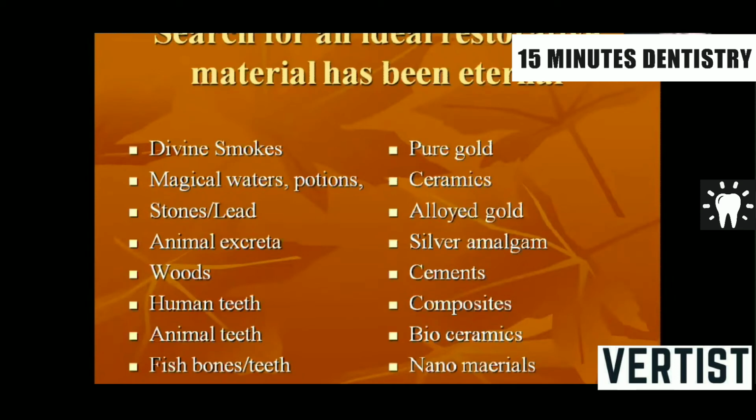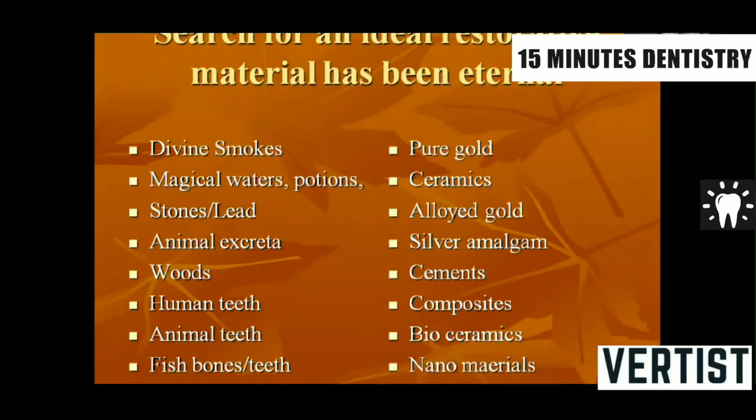Hot molten metals and alloys were poured into the cavity. If the tooth is hurting, suppose the person has pulpitis, inflammation of the pulp, hot molten metal was poured directly into the cavity of the tooth. That caused sudden severe pain to the person and necrotized the pulp completely. This necrosis would lead to death of the pulp and immediate elimination of all the symptoms, and the people used to feel that they had cured it.